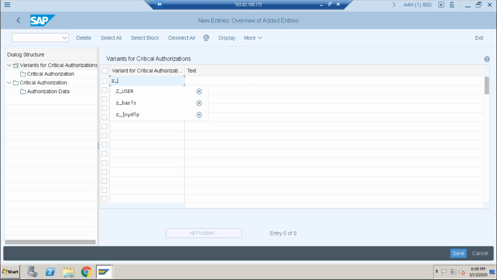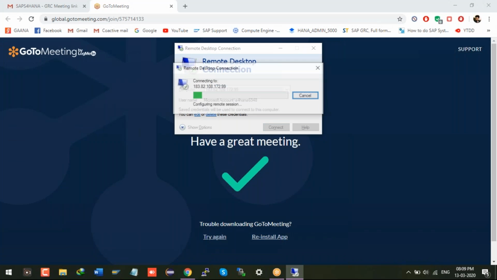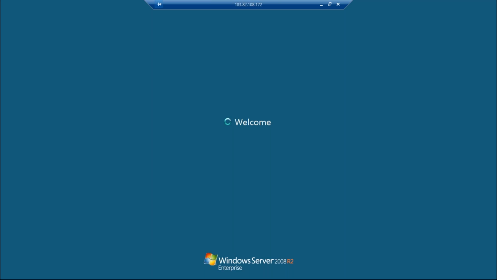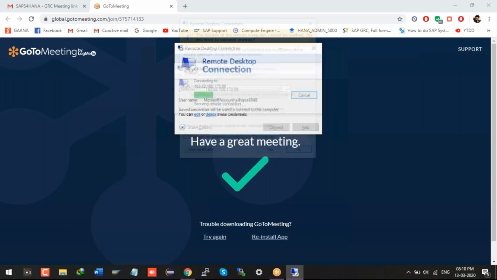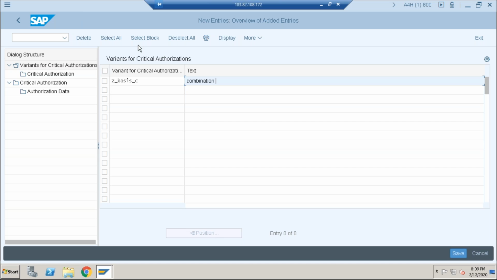Z underscore basis underscore C, the critical authorizations for normal. Text. So save.